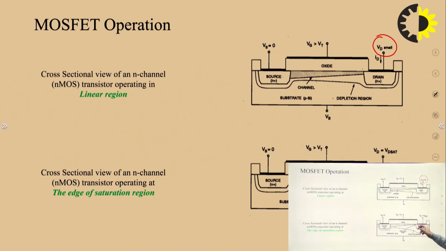This phenomenon is known as the pinch off point, where we have zero width of the channel. So this voltage is known as the pinch off voltage, and it is also known as the saturation region or pinch off region, we can say,